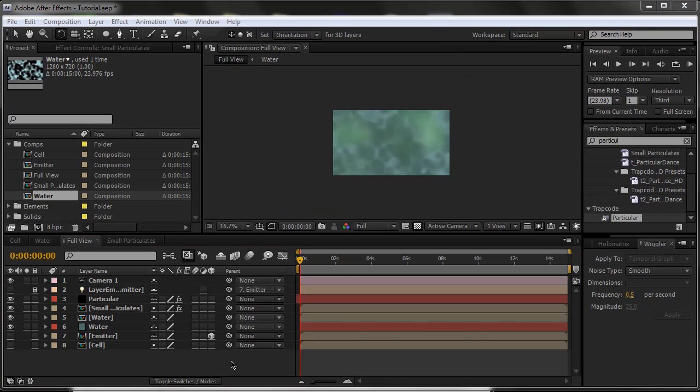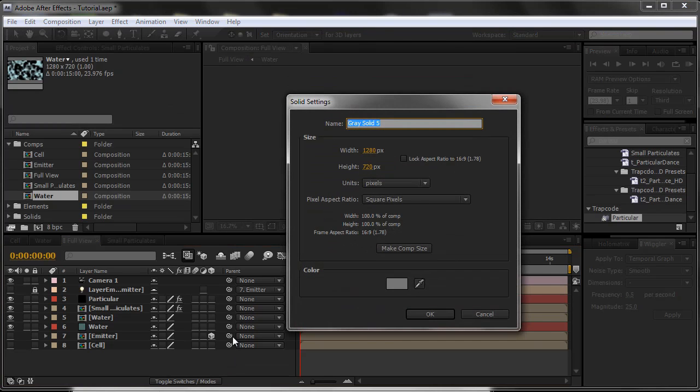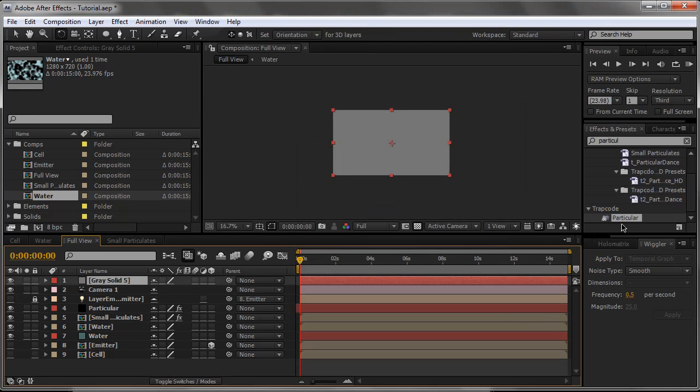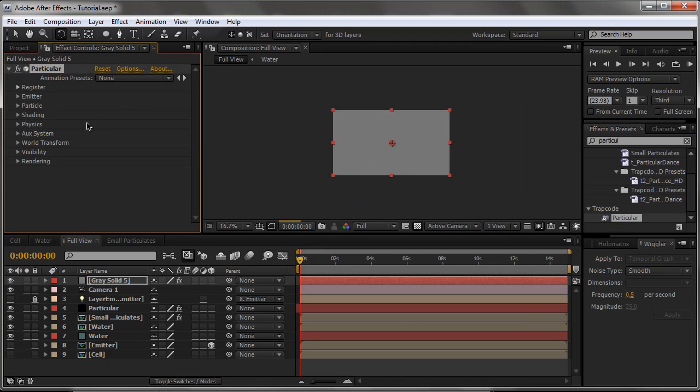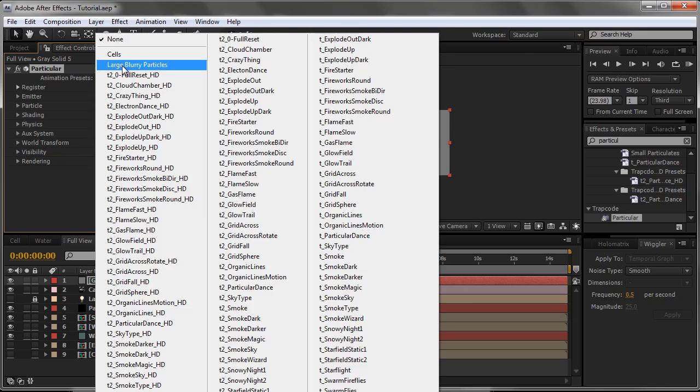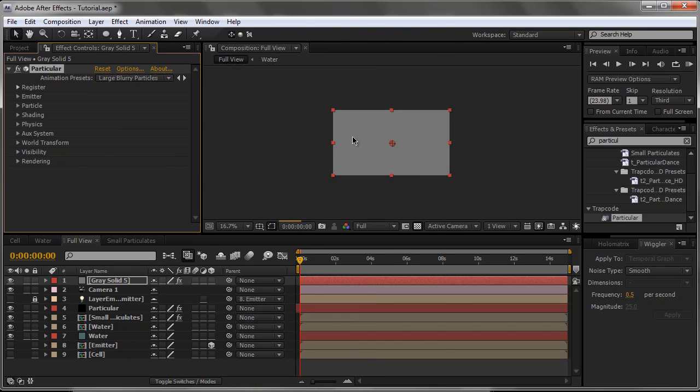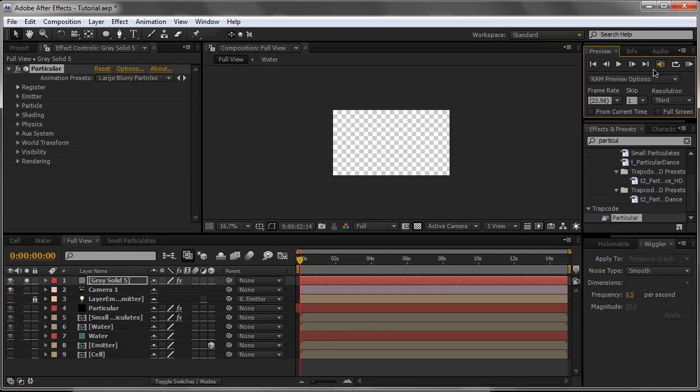Okay, so to create these large particles, let's create a new solid with Control Y, and we're going to apply Particular. And again, we're going to be using an animation preset. It's called Large Blurry Particles. And if we just solo this layer, we can get an idea of what this particle system is going to look like. So we just have spheres, or circles perhaps, of varying sizes and colors passing in front